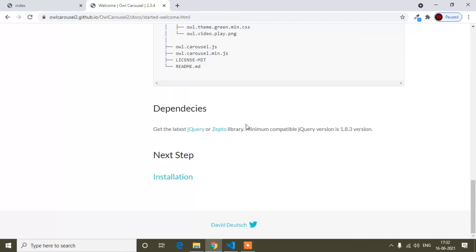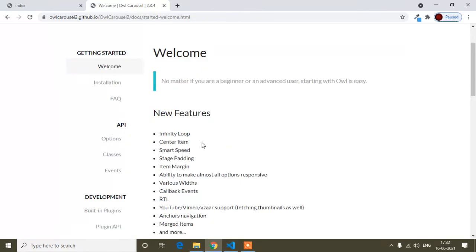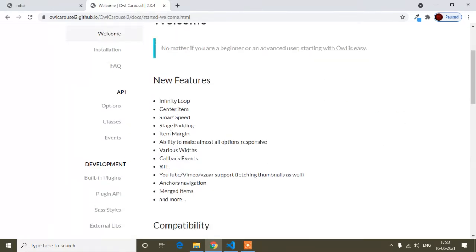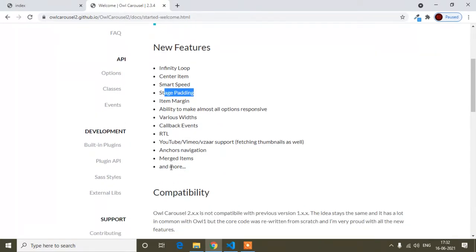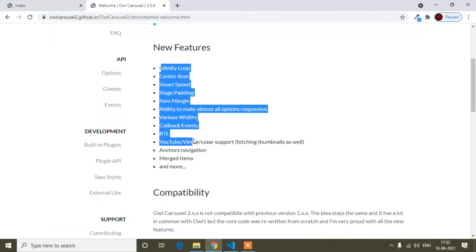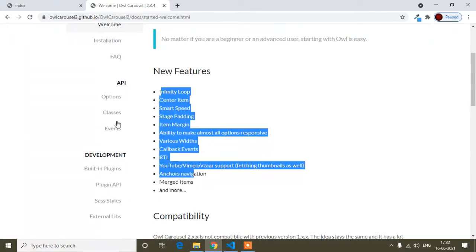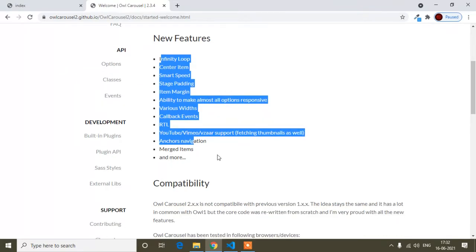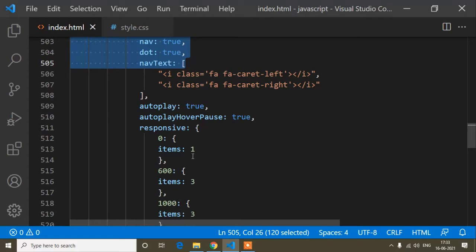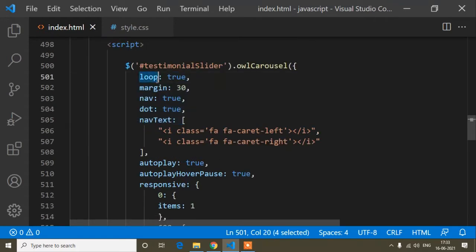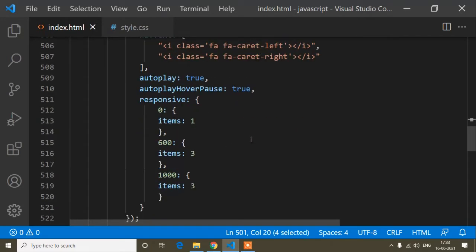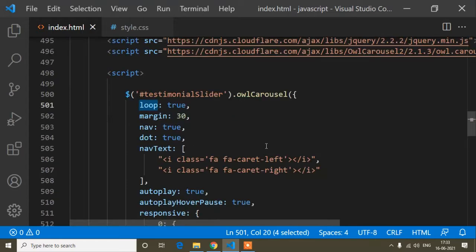From here you can find infinite loop, smart speed, stage padding, everything. I don't need this documentation actually, so I will not discuss it. But if you want, you can read the documentation for why margin is used, why loop is used. Whatever I need, I show here. So you can read the documentation.